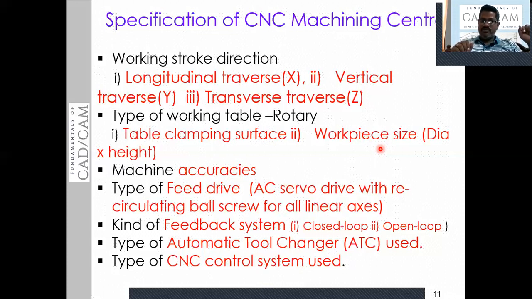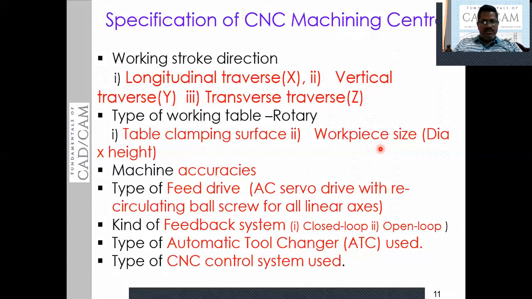Then, what type of feed drive you are using: it may be an AC drive or a DC drive, whether you are using a recirculating ball screw or any other device for the feeding mechanism to feed the workpiece to reach the tool. Vice versa is also possible: what type of mechanism you are using to bring the tool to the work table.